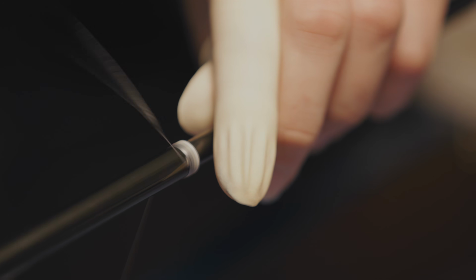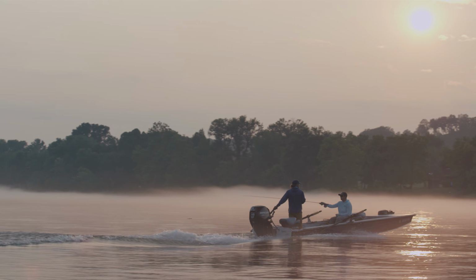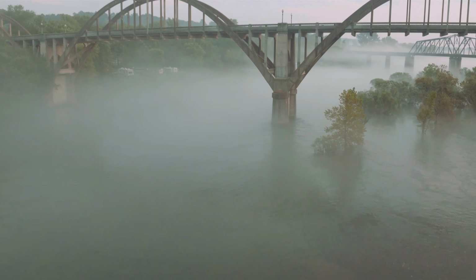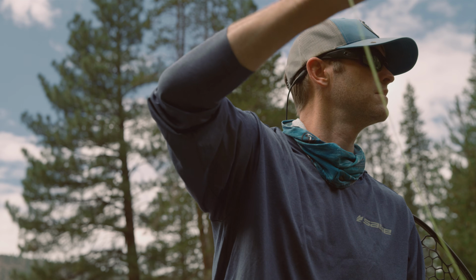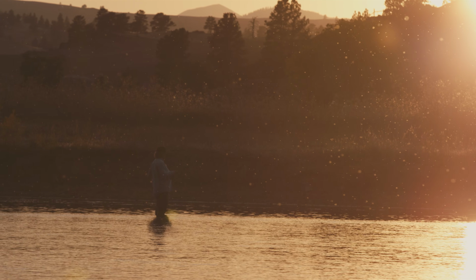Sure, we make fly rods. However, with our passion for design and technology, what we ultimately want to create are incredible moments. Those instances where you can think less and allow instinct and experience, science and artistry to all merge. For more moments like these,